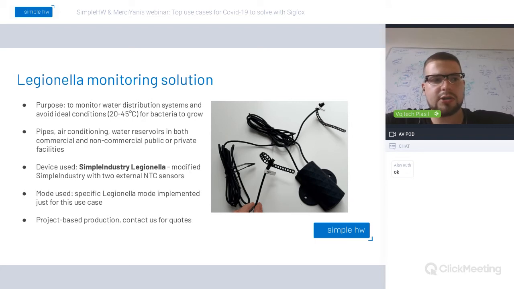Just to give you a quick introduction to this, as I said, you can watch the other webinar I hosted about this. Legionella is a bacteria that grows in stale water in certain conditions. You can see 20 to 45 degrees Celsius. The bacteria multiplies quite quickly. The cells split every 4 hours, which means that the bacteria grows quickly, and it is necessary to prevent these conditions